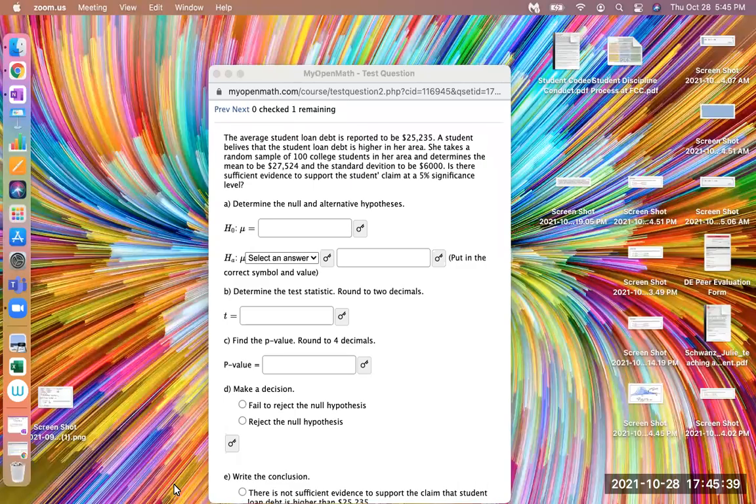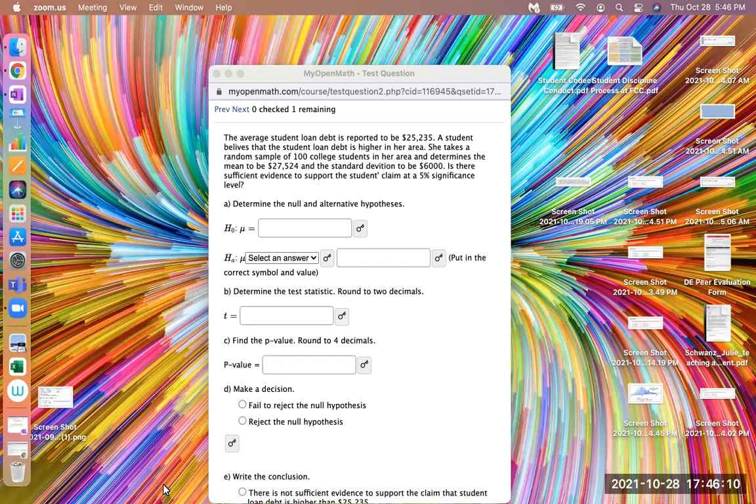Okay, this is number 6 on the practice test. It says the average student loan is reported to be $25,235. A student believes that the student loan debt is higher in her area. She takes a random sample of 100 students in her area and determines the mean is 27,524 and the standard deviation is 6,000. Is there sufficient evidence to support the claim at a 5% level of